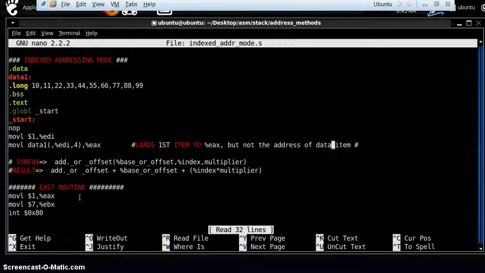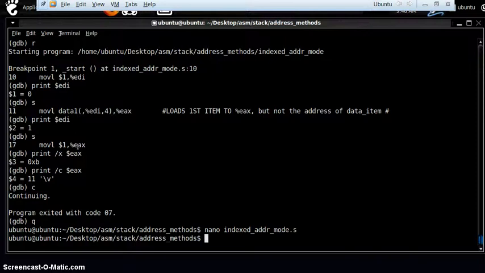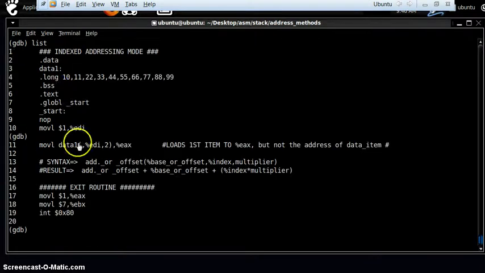If we set our offset as a wrong value, suppose the size of your data items is 4 bytes, and you set the multiplier as 2 instead of 4, what happens? Let me link it and assemble it. Okay, so as I've assembled and linked it, now we are in GDB. I have set the multiplier to 2. So let's see what it does.